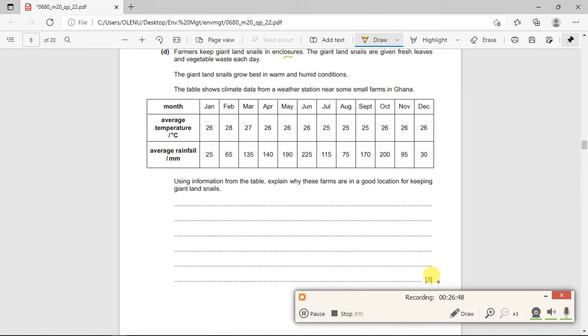Now, the giant land snail are given fresh leaves and vegetable waste each day. The giant land snail grow best in